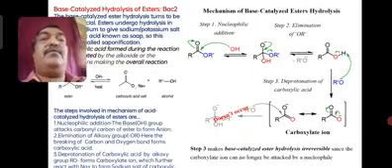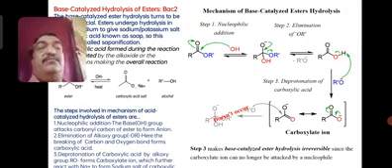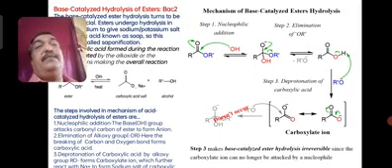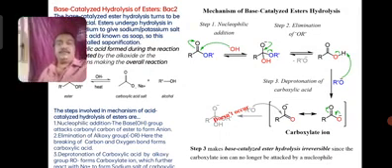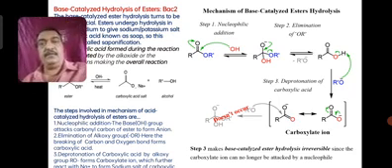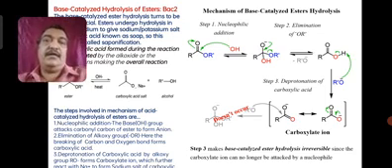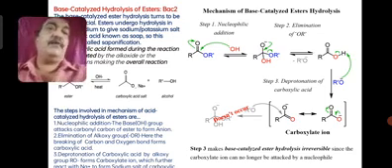Okay, so this is a BAC2, right? So this is the second. Now with this we move on to the different types of derivatives of carboxylic acid. The carboxylic acid will exist in different types or derivatives. So what are these derivatives? Let us see one by one.